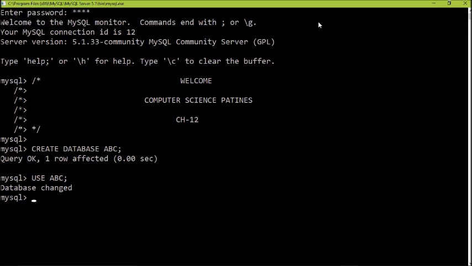How to create a table? For that the command is... always be vigilant. Your spellings should be correct. If the spellings are not correct, or spacing is not proper, then your results will be wrong. Otherwise SQL is very easy to use and execute. So for that, create table, I will use student table. So my name of table is student.